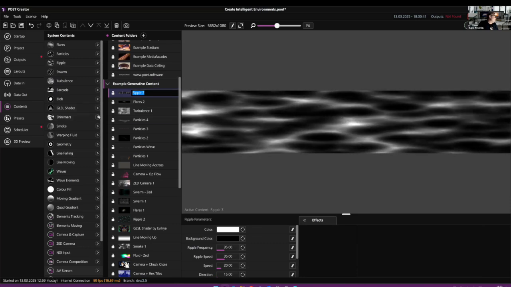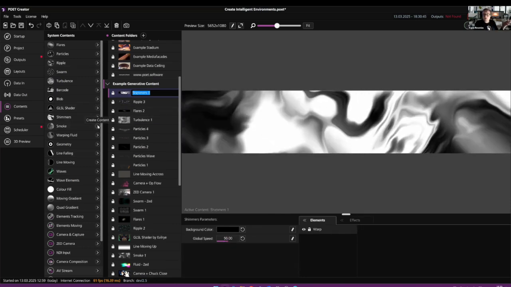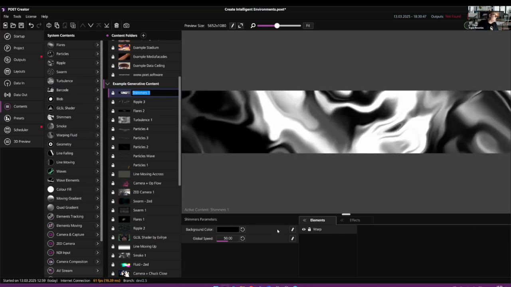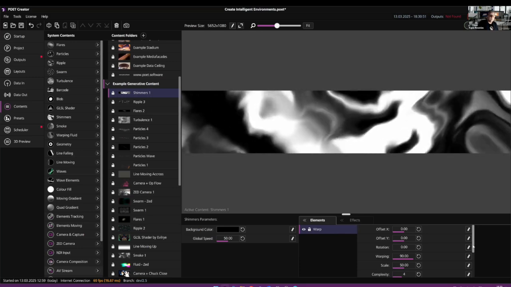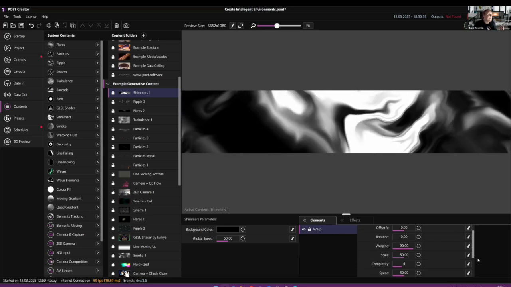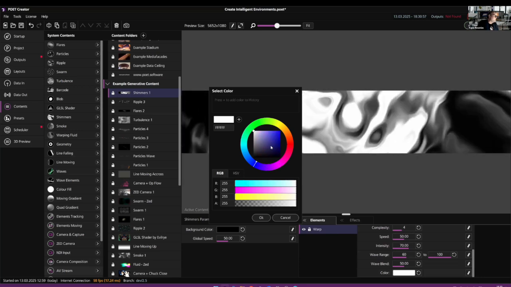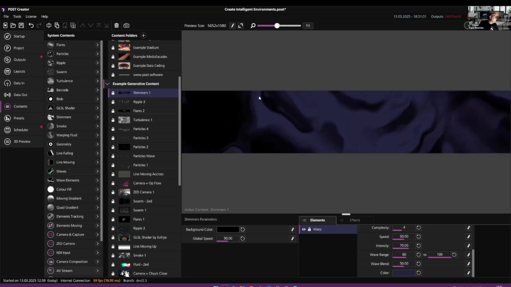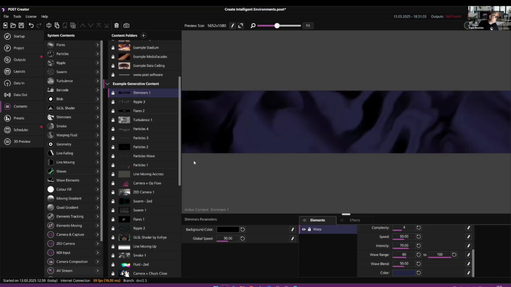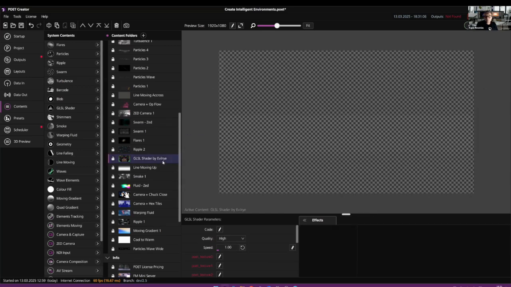So you see there's a lot of abstract content engines that work particularly well in the context of low resolution lighting, etc. And you can always change all the parameters in every single one as much as you like. So you have those, but equally, if you need something a bit more specific than that, then you can also just bring in a